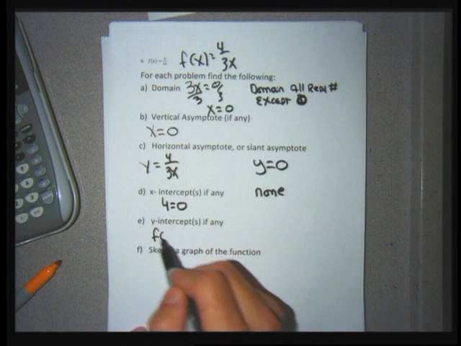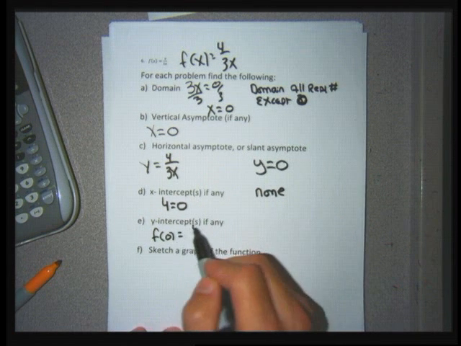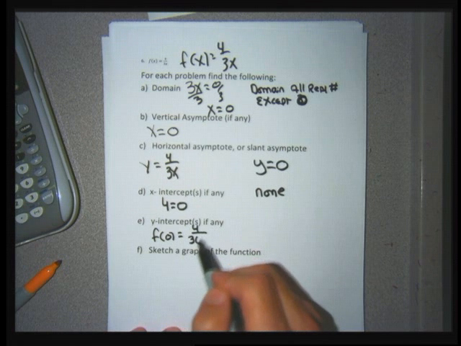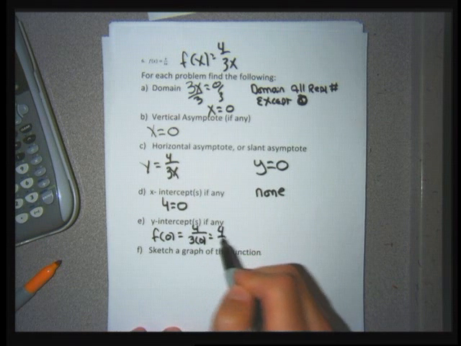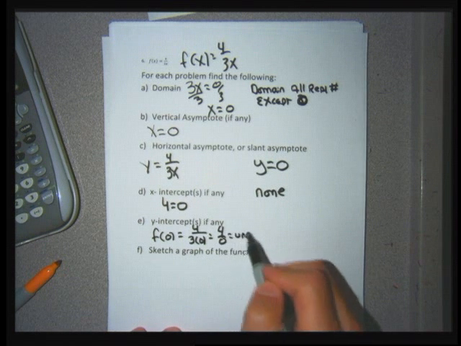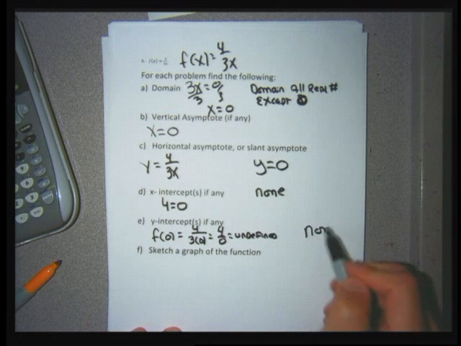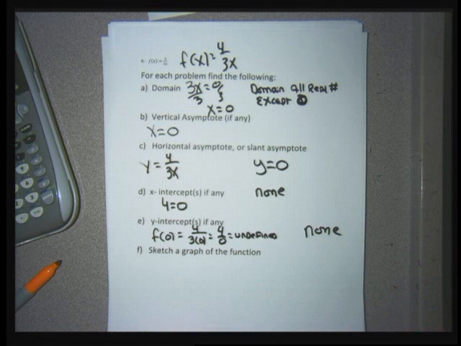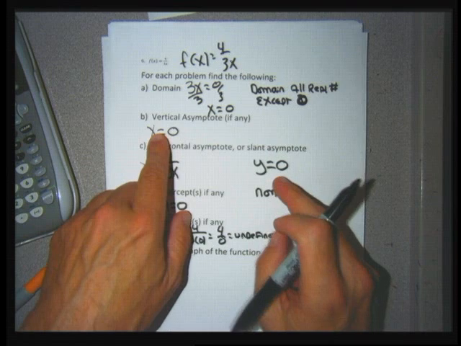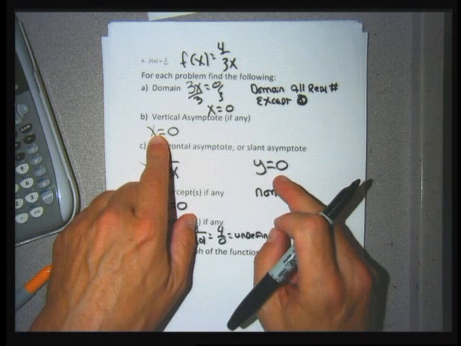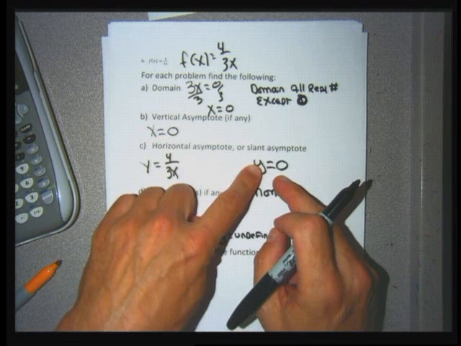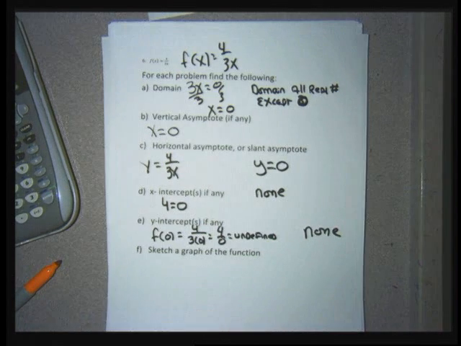Similarly, when I plug 0 in for x to get the y-intercept, I go 4/3 times 0. I get 4/0, which is undefined. If you get undefined when you're trying to find an intercept, you're not going to have that kind of intercept either. So the only things I have to really show are the asymptotes. The x equals 0 is the y-axis, y equals 0 is the x-axis. There's no intercepts to show, so as I go into graphing mode and I start to do my graph,